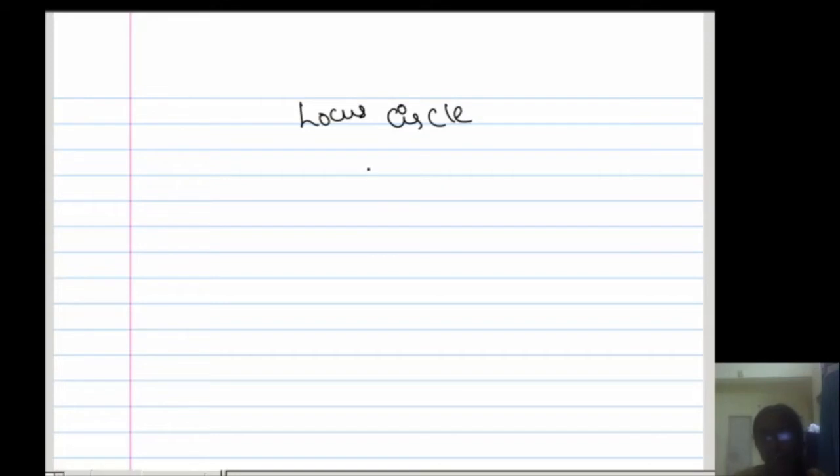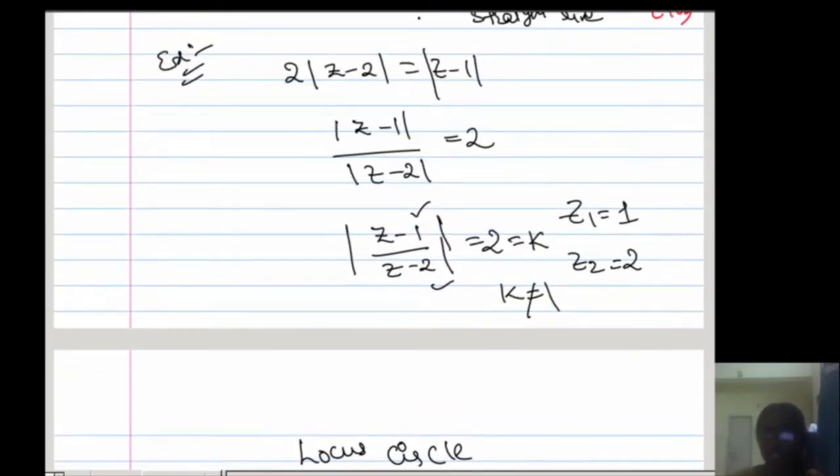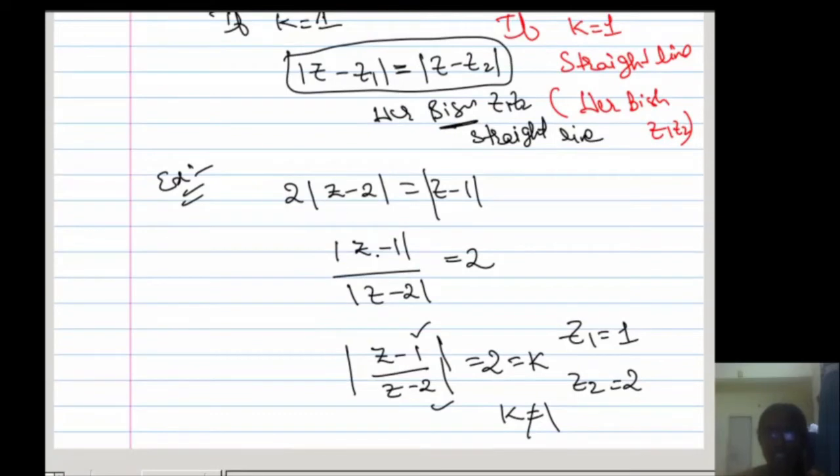From this I don't know what the center and radius are. If they are asking for the center and radius, then you have to simplify again here. So how to simplify here? If you want to know the center and radius, you have to write z is equal to x plus iy, substitute, take this side and square on both sides. I did that concept in the next exercise problem.